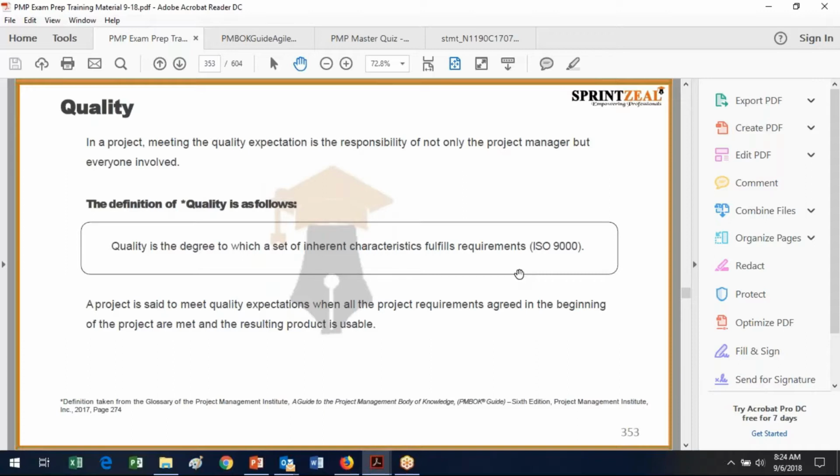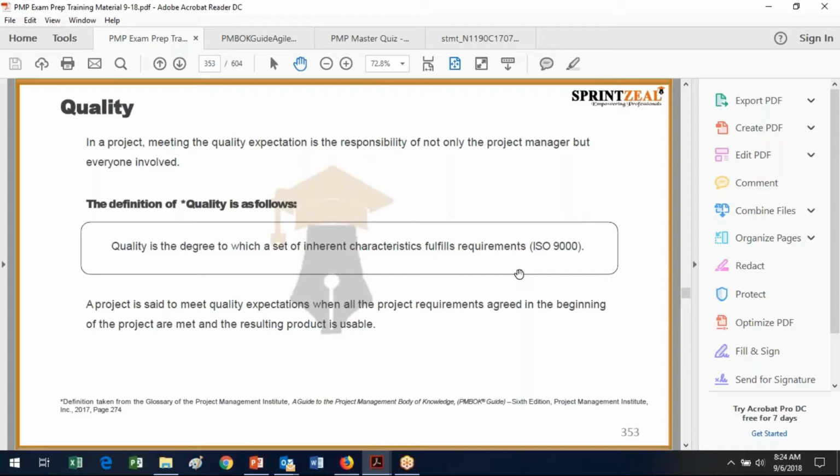So again, the definition of quality is the degree to which a set of inherent characteristics fulfills requirements. And this is the ISO 9000 definition. So basically, my shorthand for it is conformance to requirements. So it's not so much a goodness thing. If you think of, if you buy a high quality purse or if you buy a high quality car, it's not really that so much as it's conformance to requirements. It's not like a luxury thing.